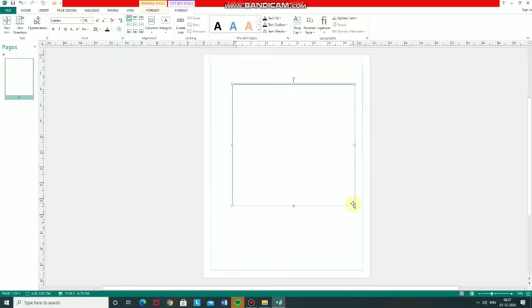Now, type the text as shown in figure 4.10. See your text box. So now I am typing the paragraph.